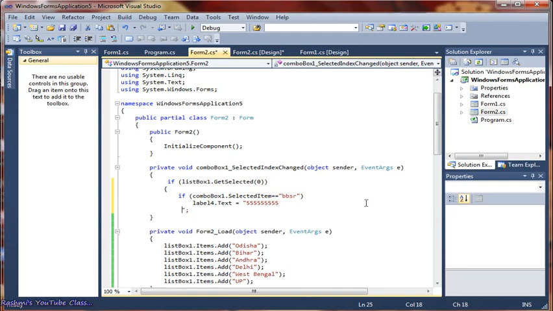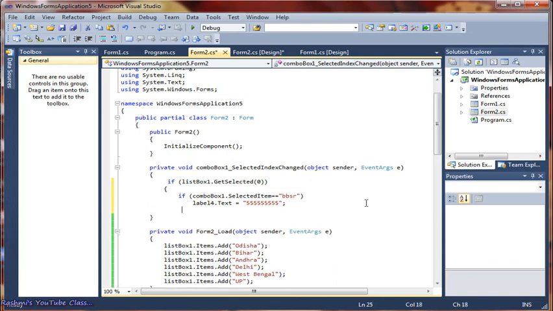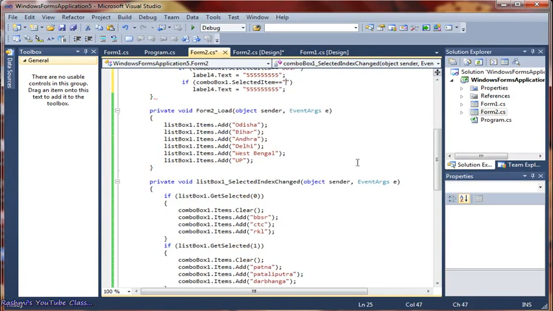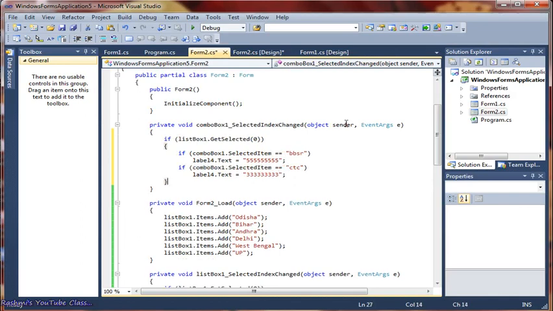Okay, done. Next, what do you have to do for the next city? Just copy this and paste. After BBSR, what did we write? Cuttack. So you can make Cuttack here and you can change the value. Fine. So this is how you have to continue for all.